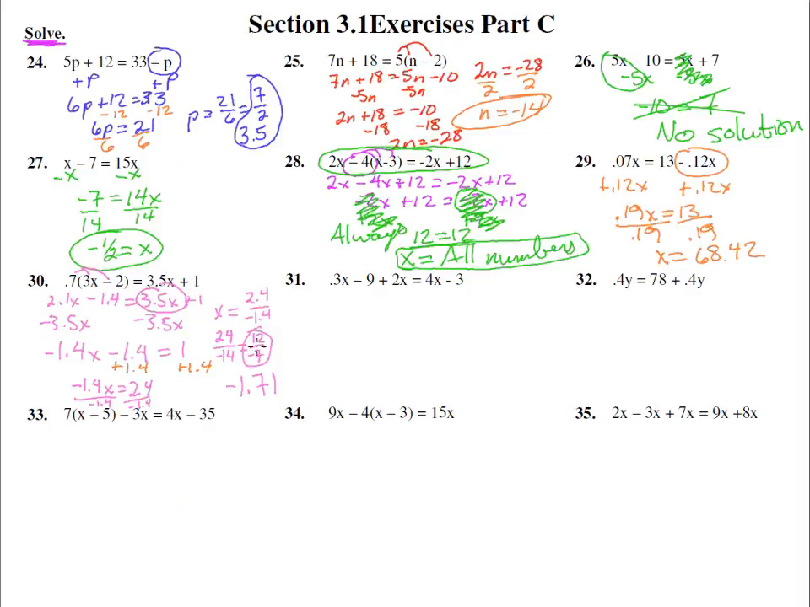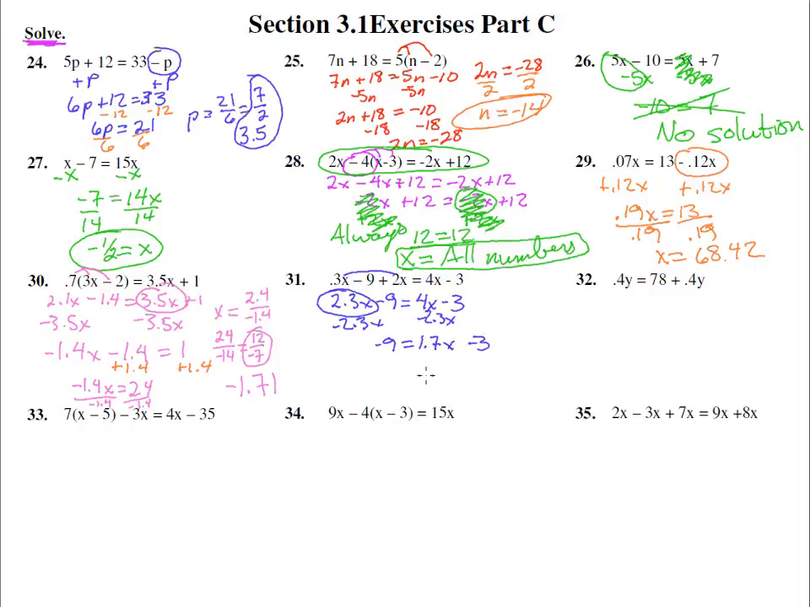Good. Number 31. 0.3x minus 9 plus 2x equals 4x minus 3. These two go together, they combine just on this side, so we have 2.3x minus 9 equals 4x minus 3. Okay, so we got to get rid of one of them. Let's go ahead and subtract the 2.3x from both sides. And we get negative 9 equals